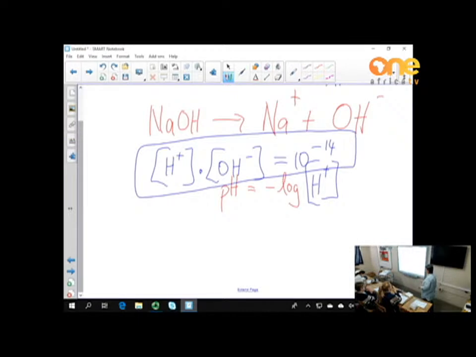Okay, so this is like a rule that you need to remember when we start doing acid-base calculations, especially pH calculations, because I can ask you to calculate the pH of a base, and pH is minus the log of the hydrogen ion concentration. Or, if I have the hydroxide ion concentration, can you see that I can work out that one? Okay, let's say I said my hydroxide ion concentration is 10 to the power